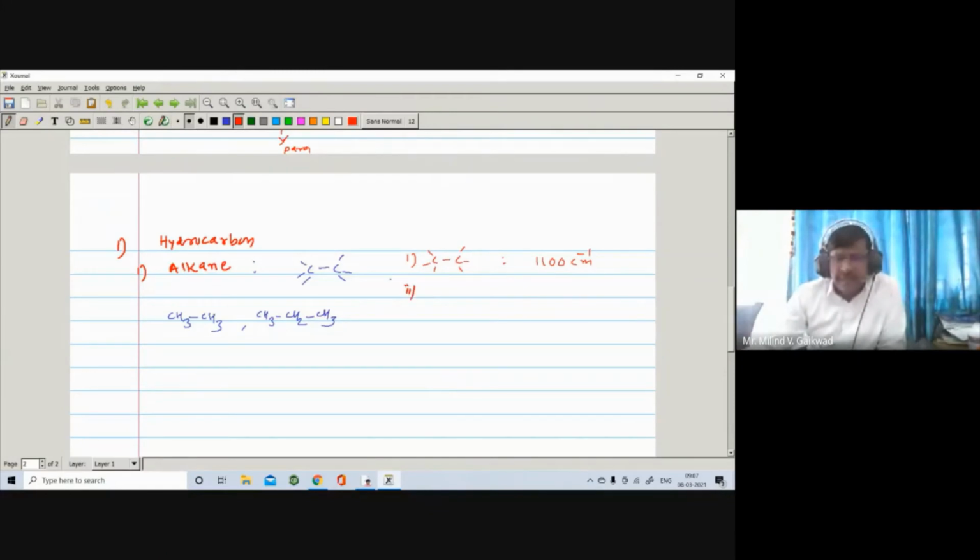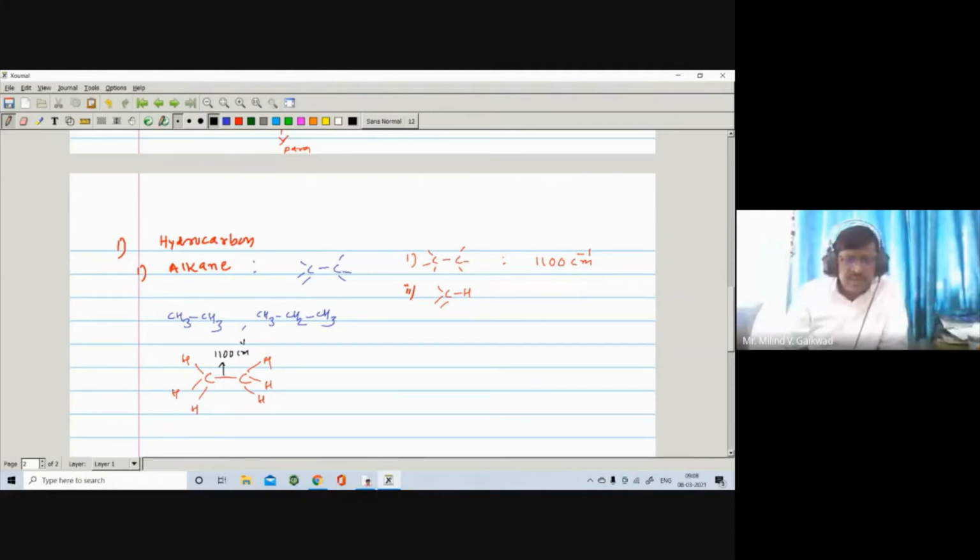And the second band is due to the CH stretching of alkane. So in alkane, you have CH, and the CH stretching will appear in this region. Here is a carbon, here is a carbon, here is an H, also there is an H and H. So you can say that the CC bond will appear at